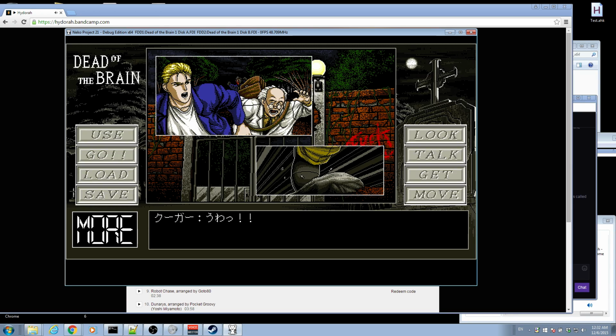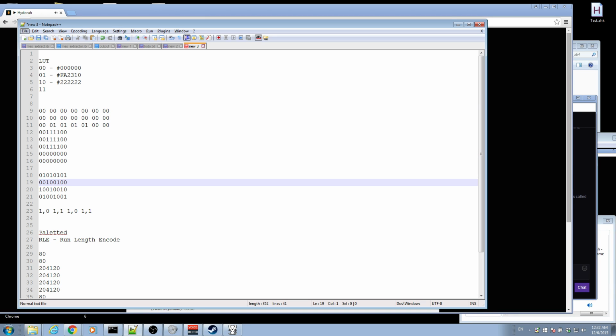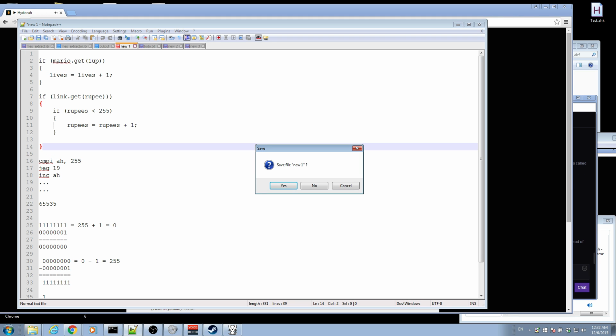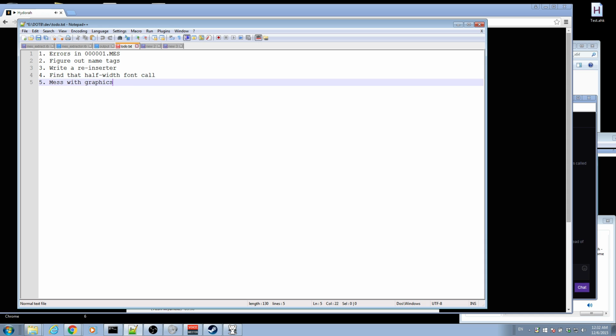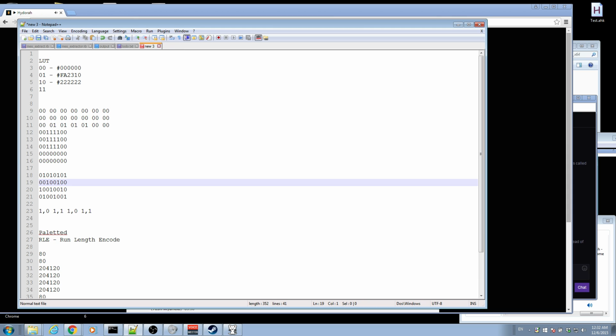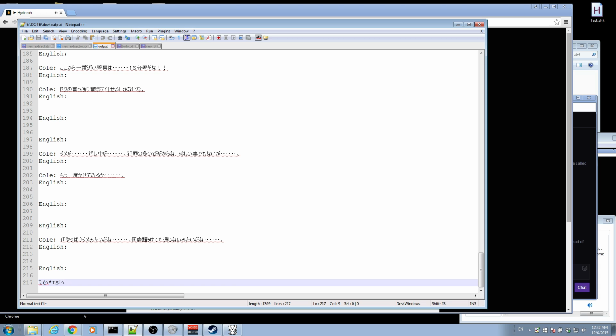Of course, the thing you want to do once you've written a text extractor, just to switch gears now. Get rid of this. Once you've done that, you want to write a reinserter. Why do I have this up there? And a reinserter is fairly easy. I mean, it's going to work like the extractor. The trick is that we're going to want to take